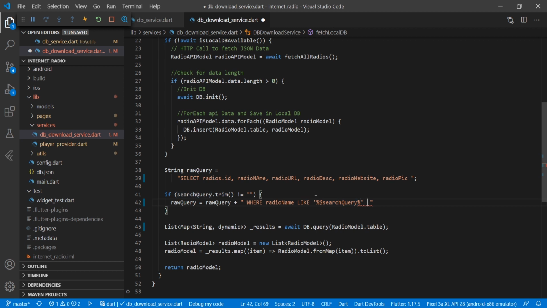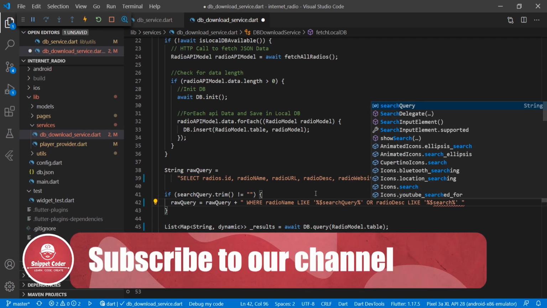Then also we are checking the same in the radio description also, and we are using the OR operator here, and there we are passing radio_description like, then we have percentage, and here we are providing $ sign, then we have searchQuery.